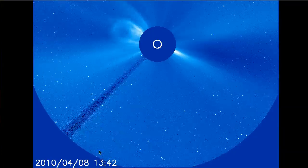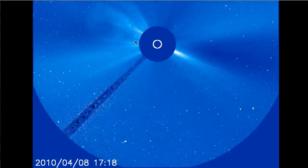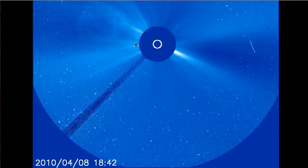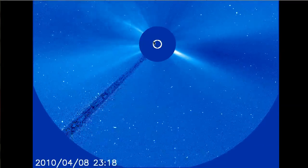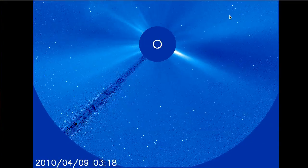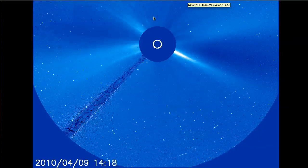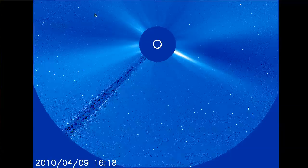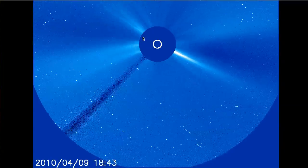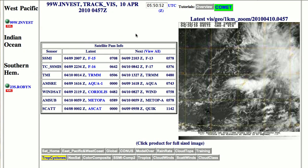And the CME that you see ejecting right here should be hypersymmetric with a storm, a tropical cyclone on the Earth that will probably be forming in the northern hemisphere in the next 3 to 5 days. And so in the next 3 to 5 days we should see a hypersymmetric tropical cyclone from this coronal mass ejection. And the U.S. Naval Research Laboratory is presently investigating one storm in the northern hemisphere that is in the